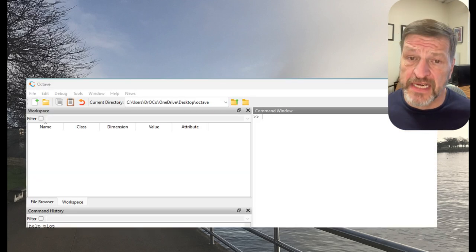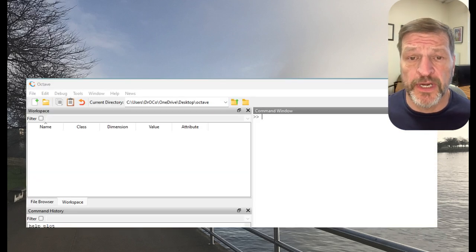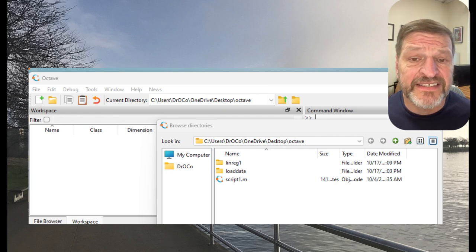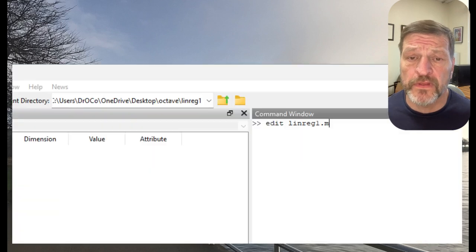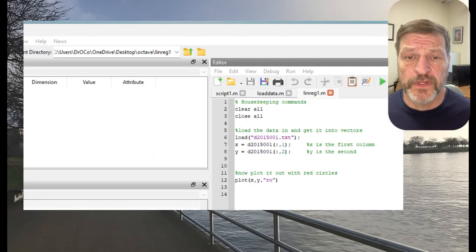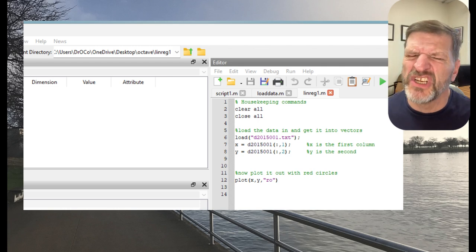Then I'm going to open up Octave, and I want to change the folder, the directory, to linreg1. So I go up, and I do browse, and I find the linreg1 folder, and I hit the choose button, and so now I'm in the right folder. If I type out edit linreg1.m, then linreg1.m, which is really just load data, comes up. And if I run it